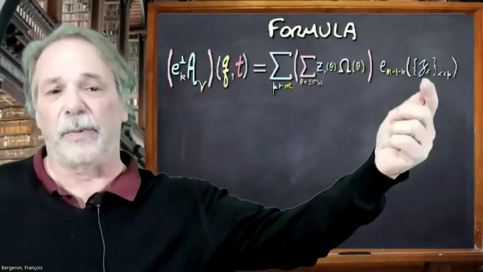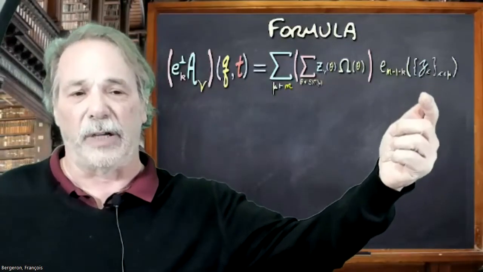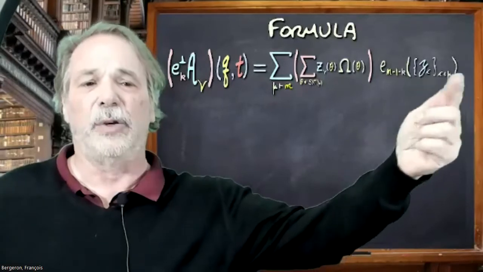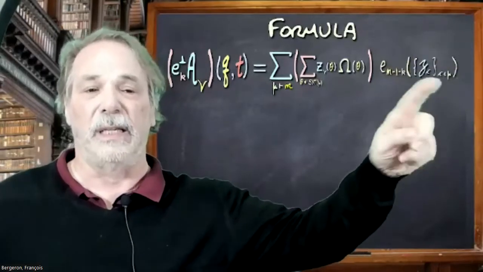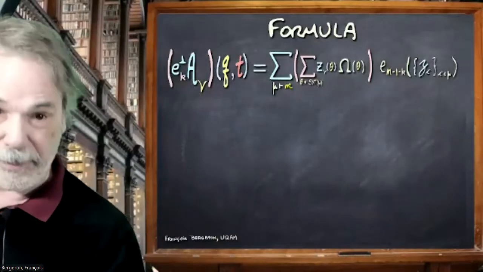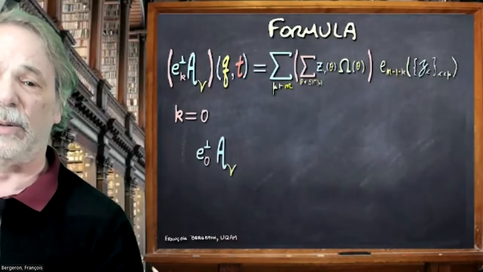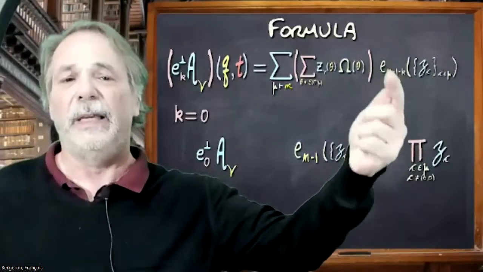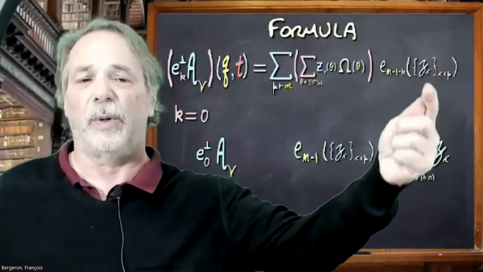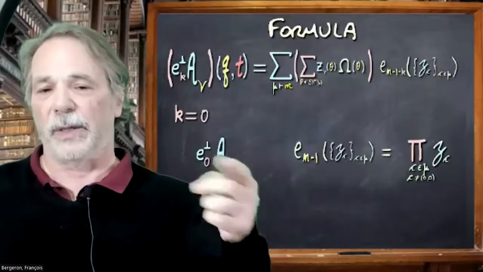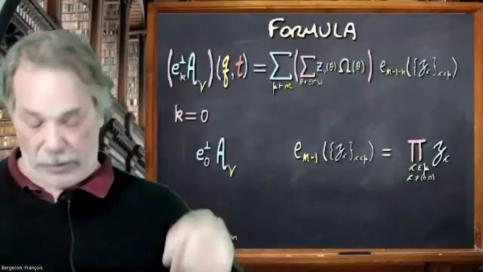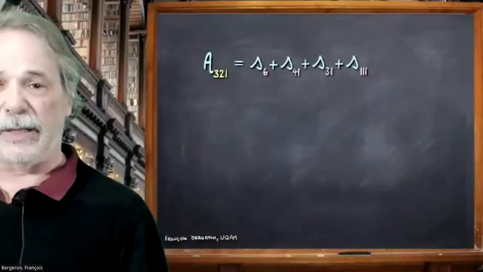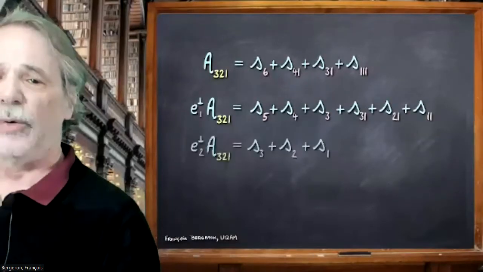But I've avoided using plethystic notation here, in a sense. So you take the elementary symmetric function in n minus 1 minus k, and you calculate it in the variables z that were there before. At k equals 0, you get back the same expression, because you have e_{n-1}. There are n minus 1 variables here, so you're forced to multiply all of them. That's how it goes back to the previous formula. And using this formula, you can calculate all of these